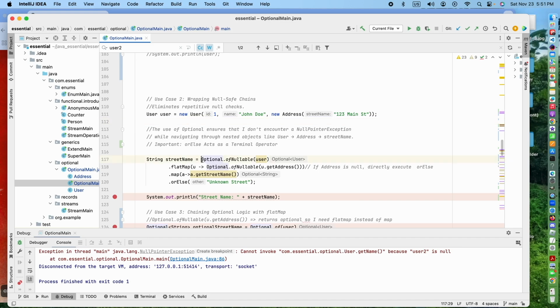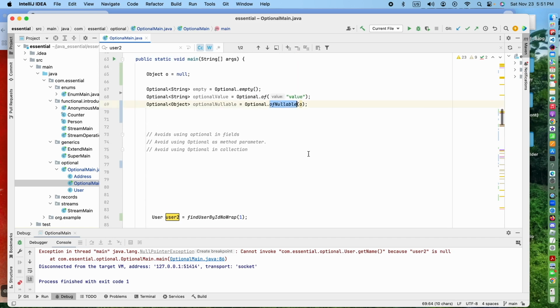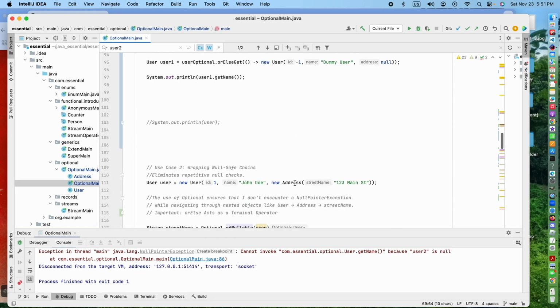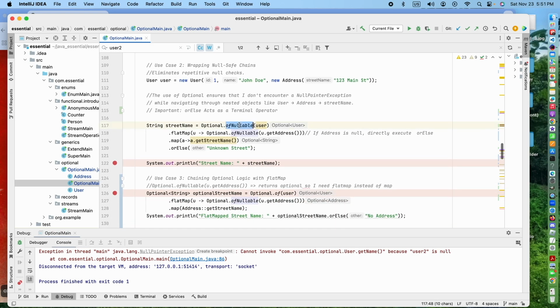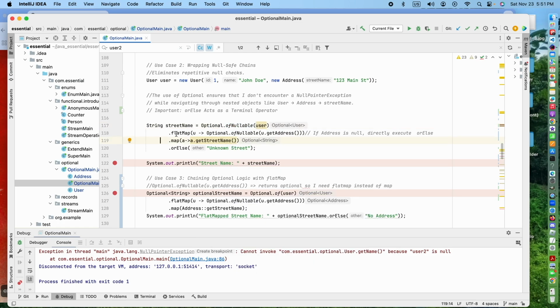It is like this: Optional.ofNullable. From the user, we create an optional, the way I mentioned previously with ofNullable. So here an optional of user is created. Then we call flatMap, which returns the optional of user, and for each flatMap, the argument is the user being sent in, and the function